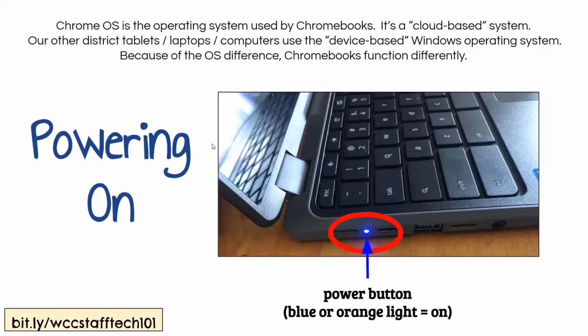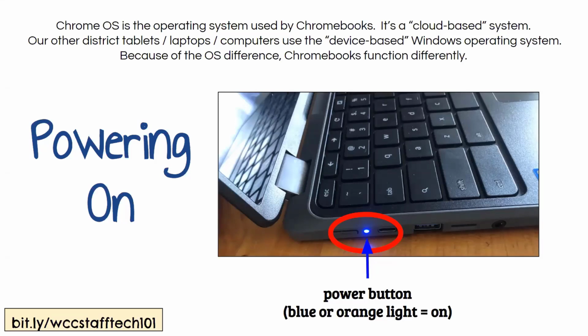So, all right, this is a Chromebook. I'm going to show you mine. It's a little bit smaller than a regular laptop. It also runs differently. It doesn't run on Windows, and it doesn't run on any kind of Macintosh operating system. It runs on its own operating system, and that operating system really needs to be on Wi-Fi. So it's important that if you don't have any Wi-Fi at home, you make sure that you get a hotspot, because otherwise this is going to work very minimally for you, okay?